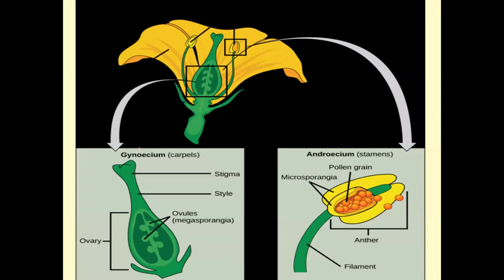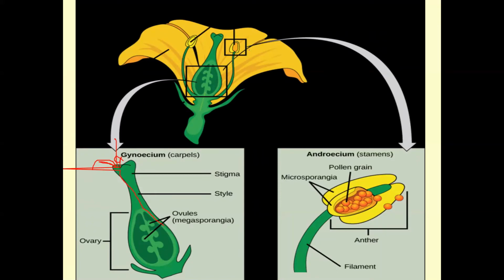Now the stigma is the receptor for pollen grains. Pollen grains come and fall on this. And when they germinate, suppose the pollen grain is falling on this, now it will germinate and the pollen tube will pass through this. Now this expanded part is representing the ovary, and inside this ovary you can see a number of ovules. These ovules are also known as megasporangia.